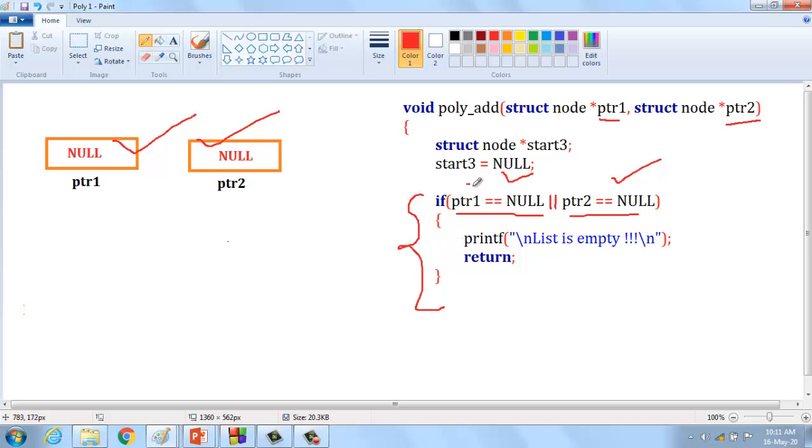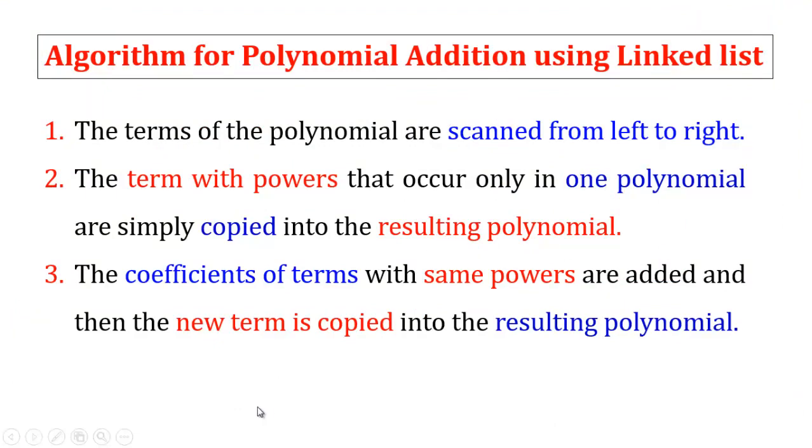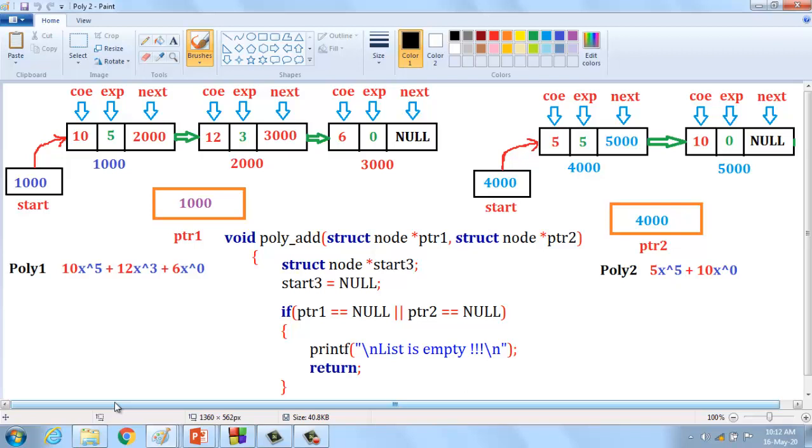For example, if 4x power 3 is present but nothing is present in the other polynomial, we cannot add them. At that time we get the output as list is empty. If both polynomials are present, we can compute the resultant polynomial. This is the first scenario. If nothing is present in both polynomials, the list is empty. Understand? And the second one, okay, this is my two polynomial terms.